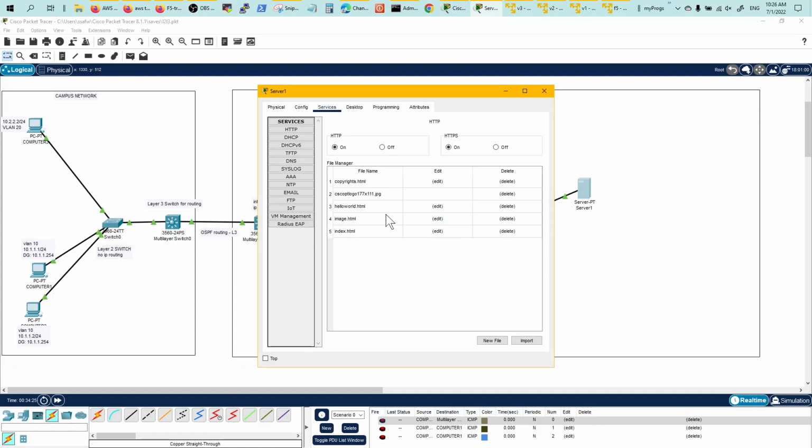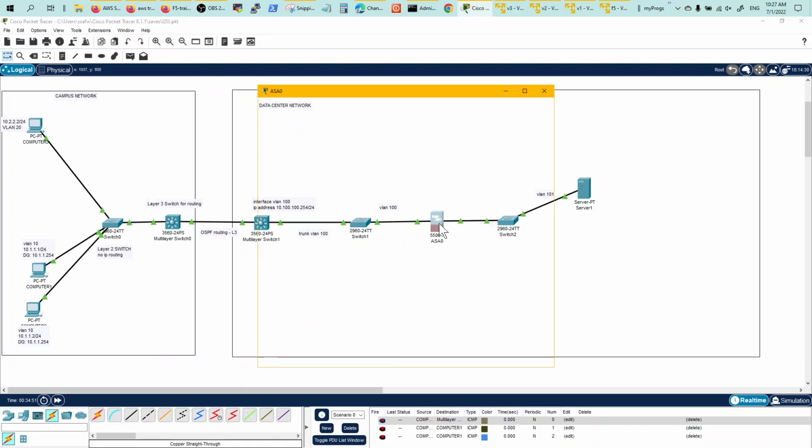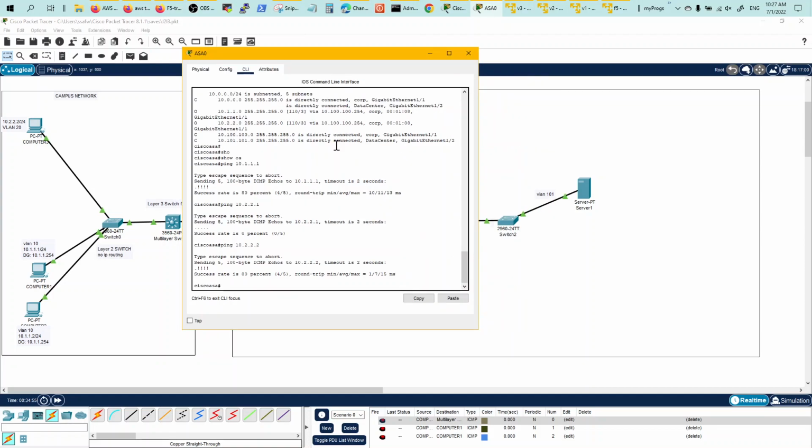So here's the hello world file, and there's an index.html, so let's just hit this on HTTPS. We'll try both are on, but we'll only permit HTTPS on the firewall. So let's go to the firewall, and you're going to create a policy,